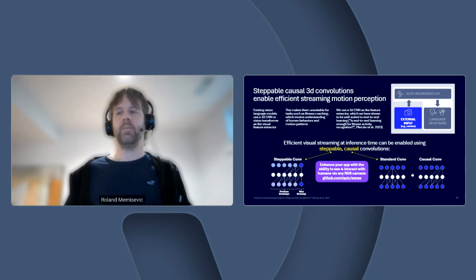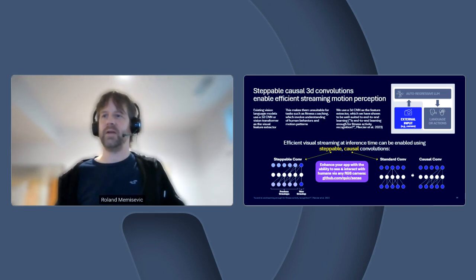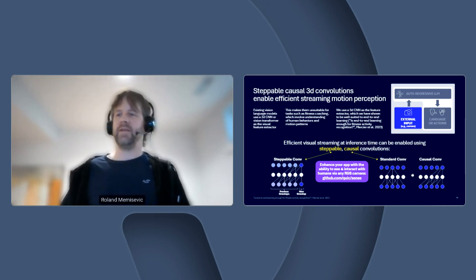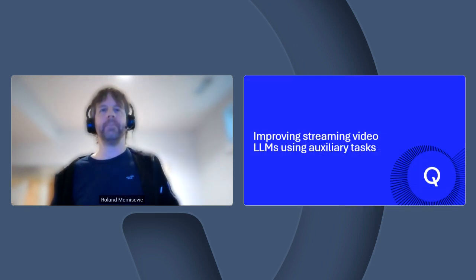We have this model, we open source this model. It's available under this address here, which is also in the materials, I think, that is coming along with this presentation. It's in github.com/quick/sense. So we called this sense, the model SenseNet, and it was trained and shown to work well, not just on fitness coaching, but also gesture control and various other applications that require a model to understand motion patterns that a human is showing in front of the camera.